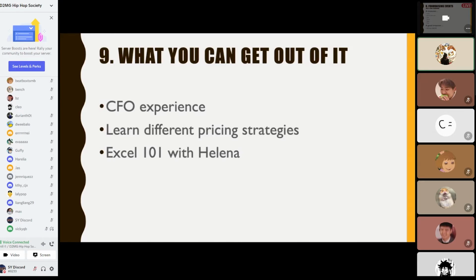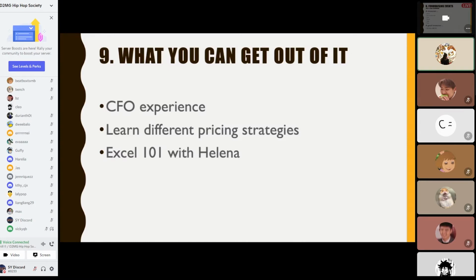So, what can you get out of being a treasurer? First off, you have the unique CFO experience, namely the Chief Financial Officer experience. So you get to see how an organization like us handles its finance, and you also get to participate in almost every key decision-making process because you're in that core executive team. You have a holistic overview of the whole society, and you communicate with the president and vice president a lot.